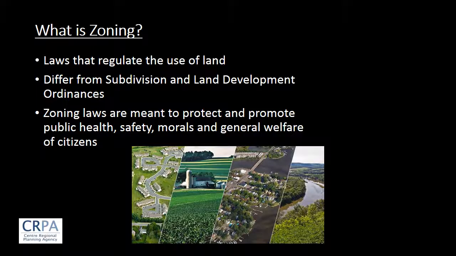So what is zoning? As was illustrated in the previous slide, certain land uses interact negatively with other uses, so it makes sense to keep them apart where possible. We do this through zoning regulations. Simply put, zoning ordinances are laws that regulate the use of land. They specify the land uses that can be established on private property and the criteria that need to be met